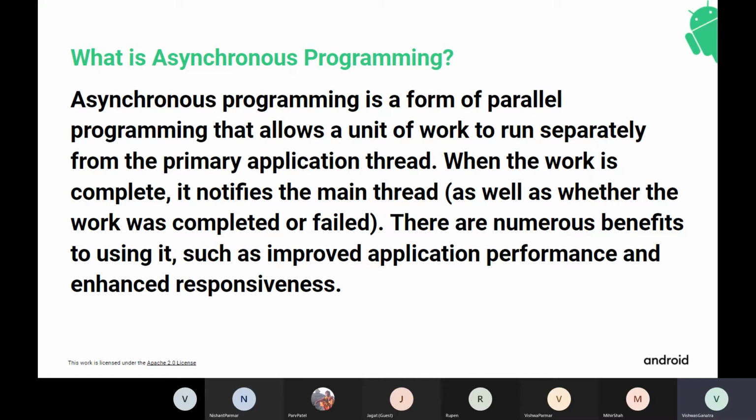By using the main thread all the time, our application slows down. If you are building a big application with many network requests, to improve performance and responsiveness we need to know what asynchronous programming is.